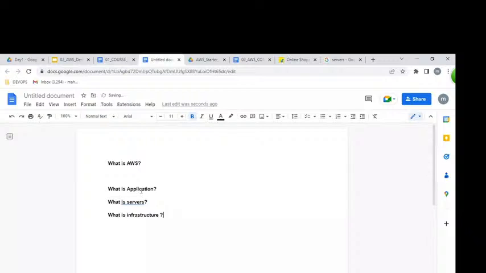For maintaining our application, for deploying our application, we require infrastructure. What is infrastructure? For example, to conduct this session, these DevOps classes or AWS classes, we require infrastructure or not?